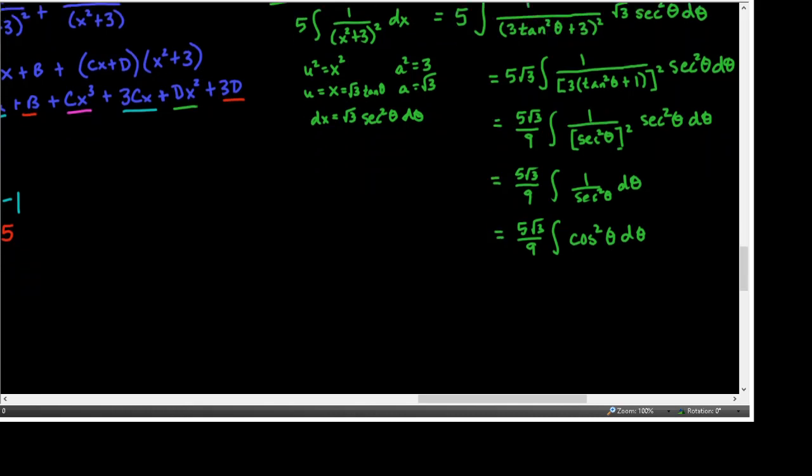And then I need to use the power reducing formula for cosine squared, which is 1 plus cosine of twice the original angle, so 2 theta, over 2 d theta. Then I'm going to pull that 2 out in front, leaving 5 square roots of 3 over 18, leaving the integral of 1 d theta, which is theta,